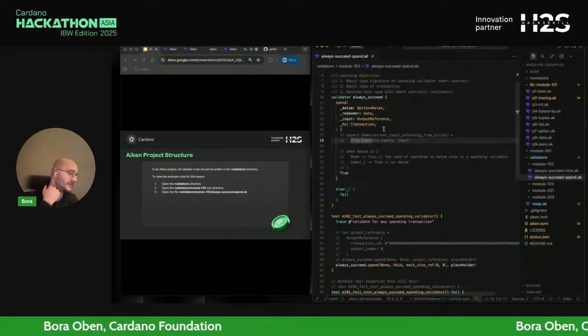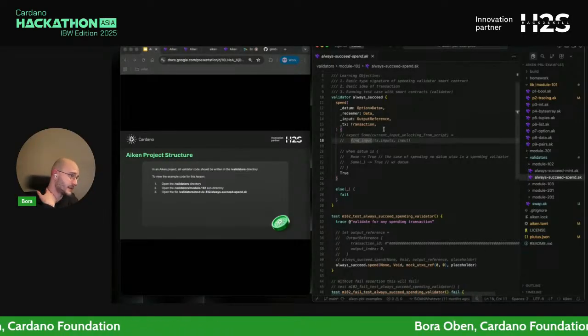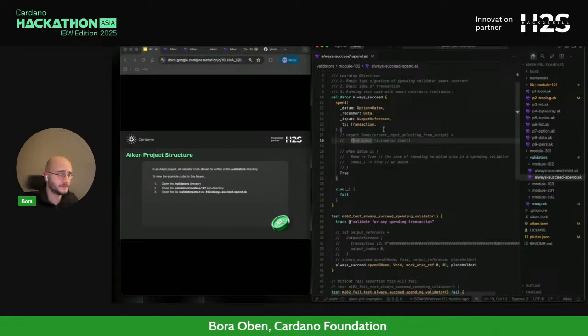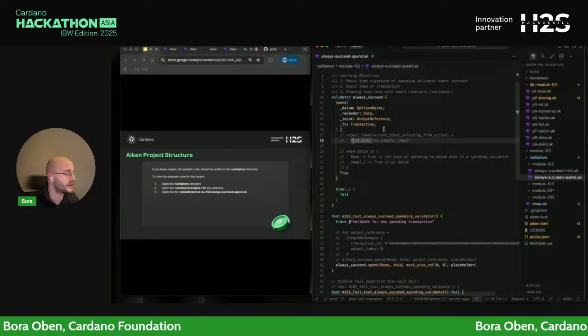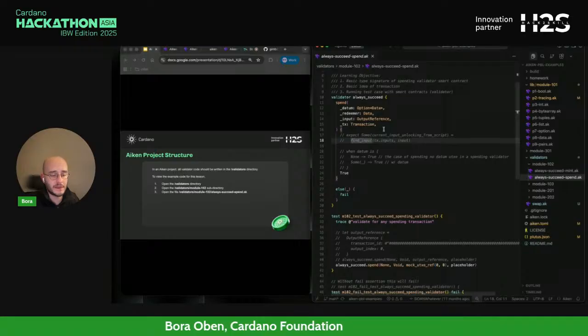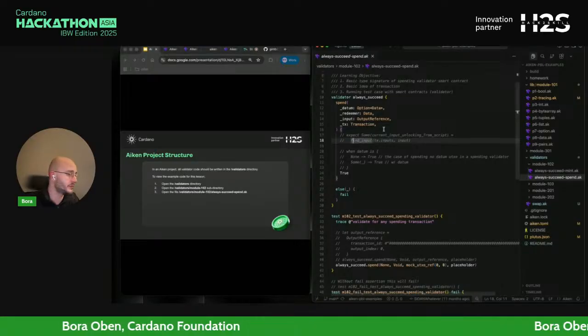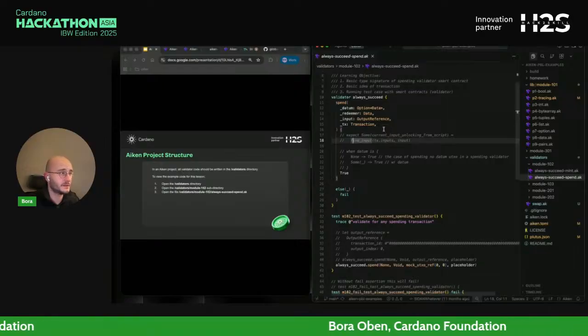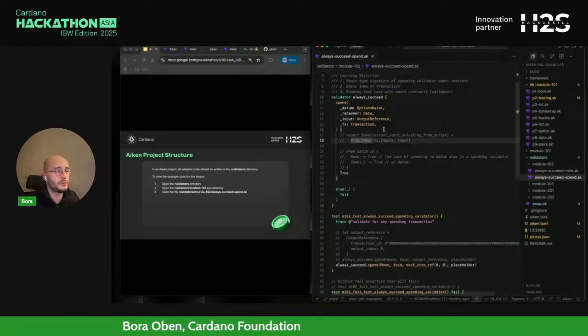As previously said, smart contracts on Cardano, the validators, are bound by the local state of a transaction. This is what you might have heard about before, local state versus global state. In the local state of a transaction, every input, output, or field, or any context is the correct word here, any context of the transaction itself is known to you.